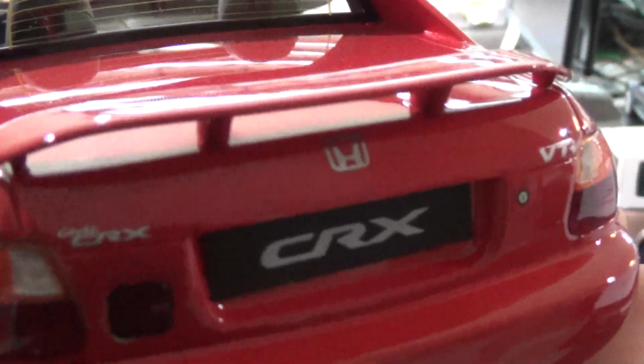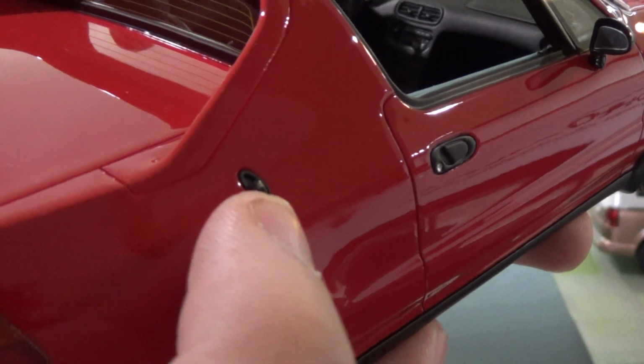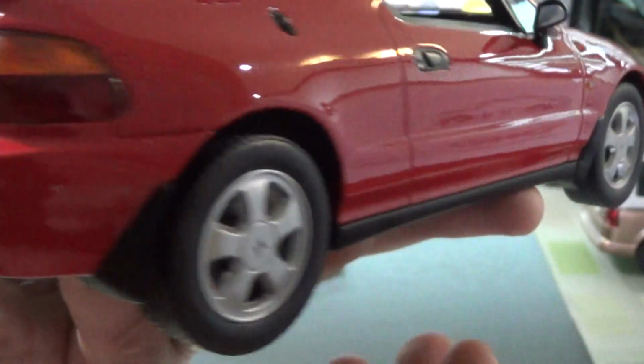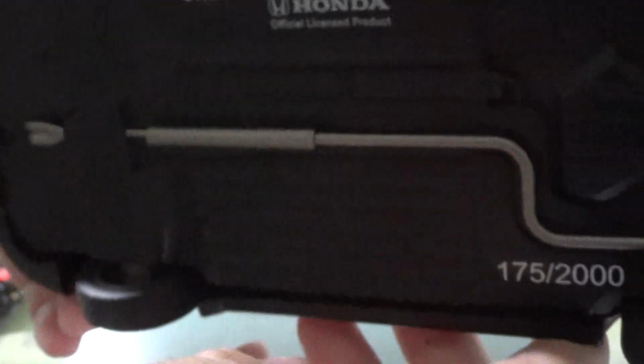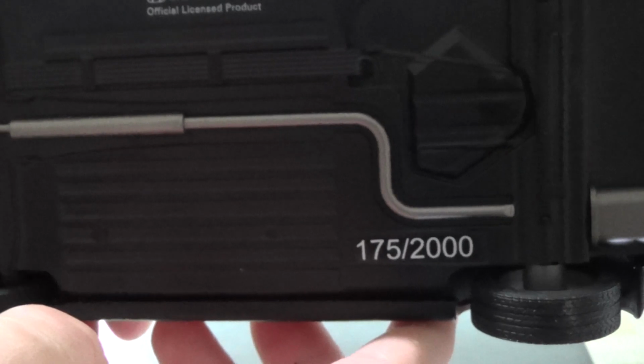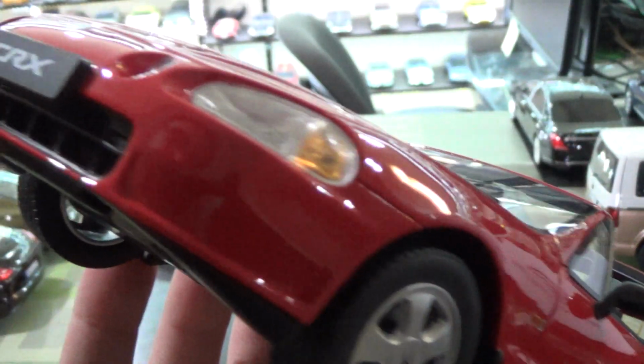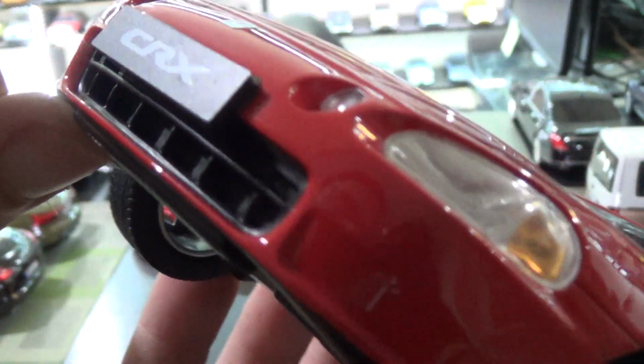Nice accurate badging and logos. Gotta be careful. This was found separate in the bag. Very easy to lose that little antenna. Just keep an eye on that if you're unboxing one of these yourself. Underneath, this is car number 175 out of 2000. Doesn't quite have an open lower grille,